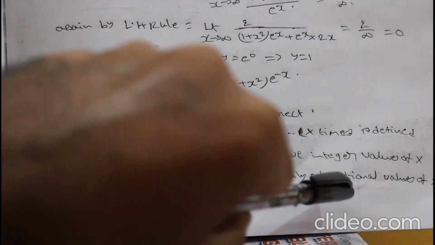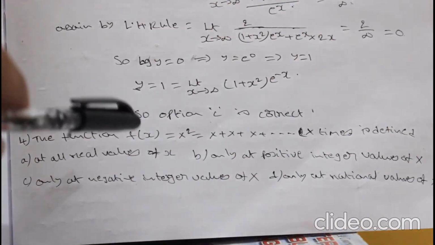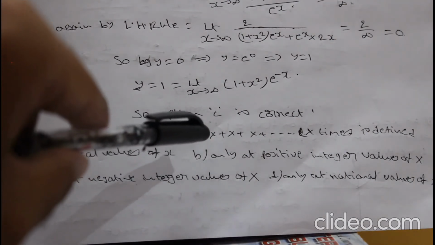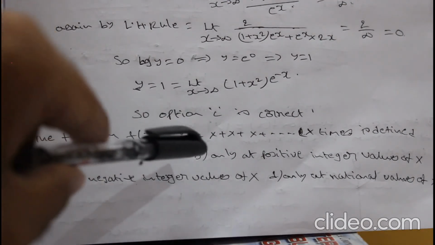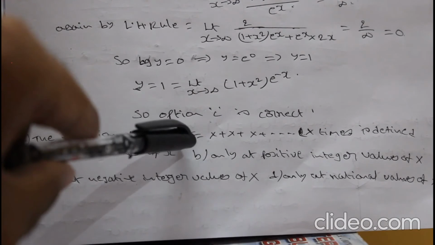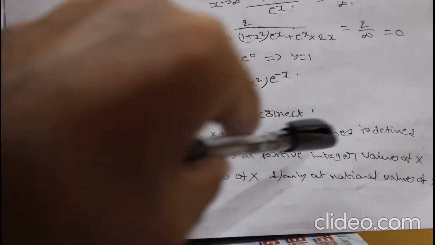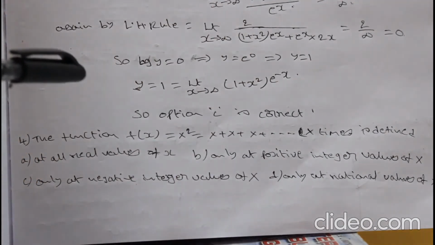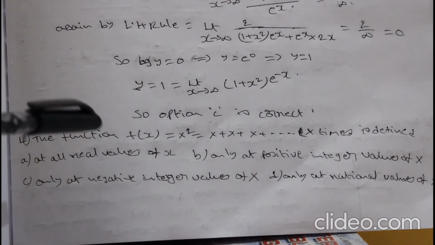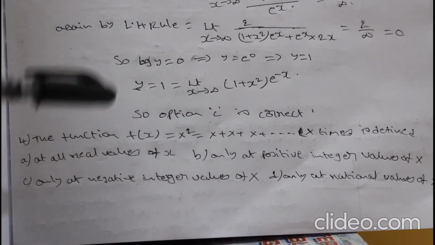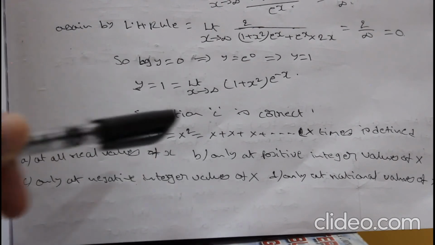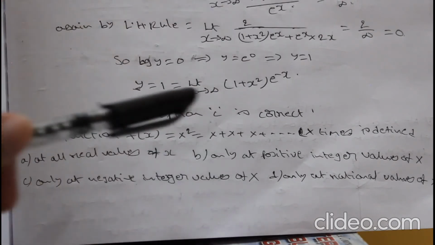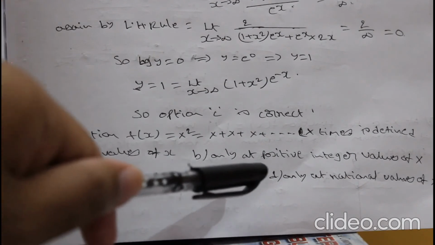Now look only at rational values of x, that is 1 by 2, 2 by 3, like that. Let us take 2 by 3. 2 by 3 square is equal to, here we cannot define it because of x plus and so on, x times. If we take a rational number, where can you end? 2 by 3, so it is not defined, it cannot be defined. So option B is correct. Okay, so options C and D are eliminated.